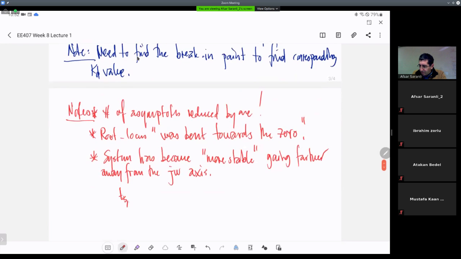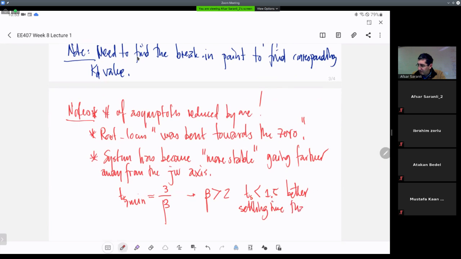TS minimum occurred at 3 over beta. Okay, essentially for beta larger than 2, we have TS smaller than 1.5. So we have better settling time